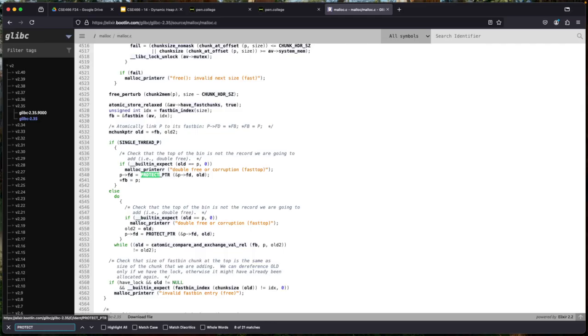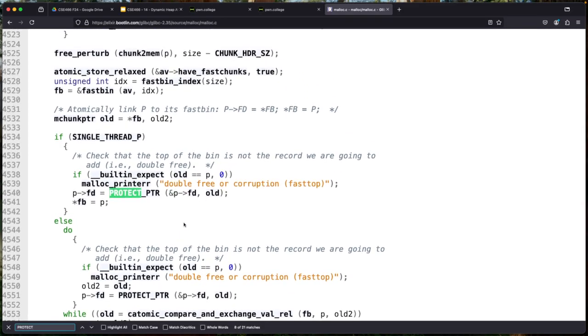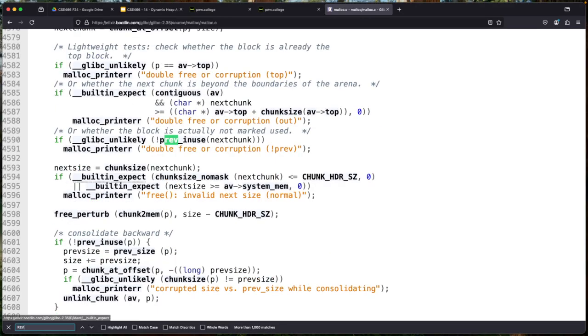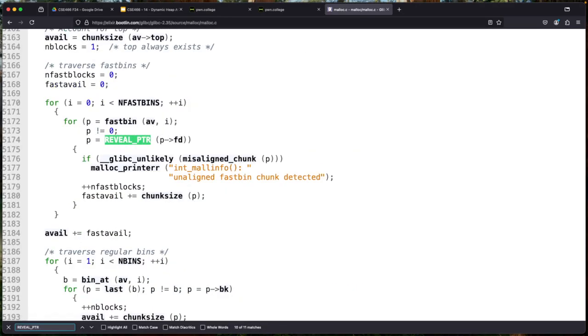And what we see here is on free, it is not checking that. Right? But if we were to look at reveal pointer, which is the other side, there is this check for misaligned chunk. So I can free things that don't end in zero. Yeah, but whenever the heap tries to reveal the pointer, it does this check to see if it's a misaligned chunk. And if we were to look at what is a misaligned chunk,